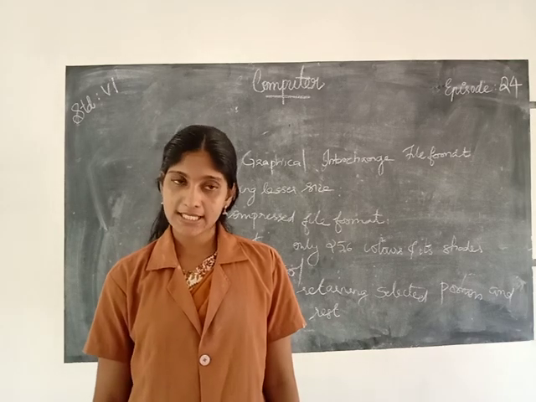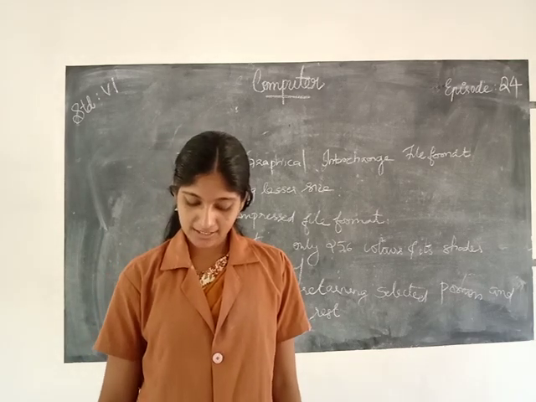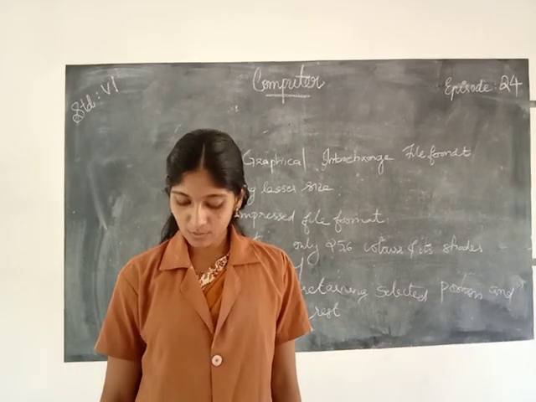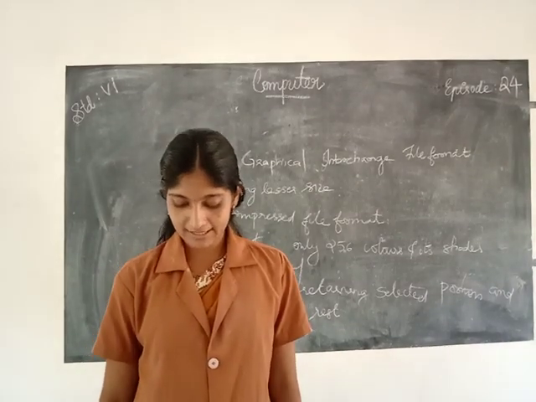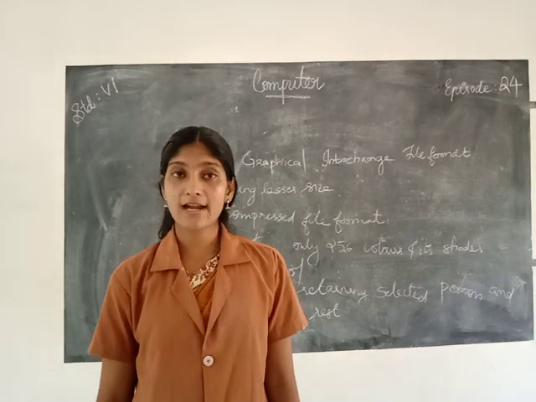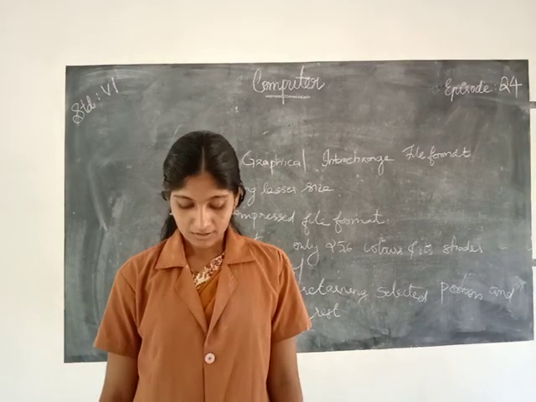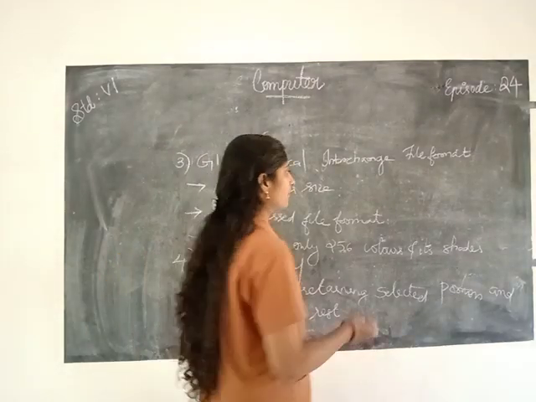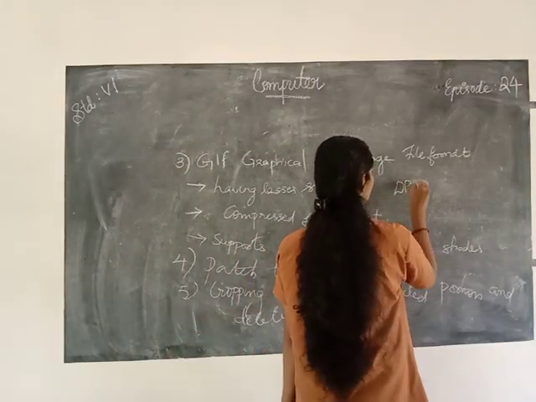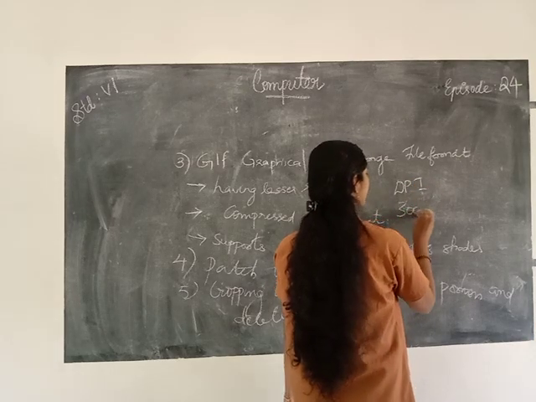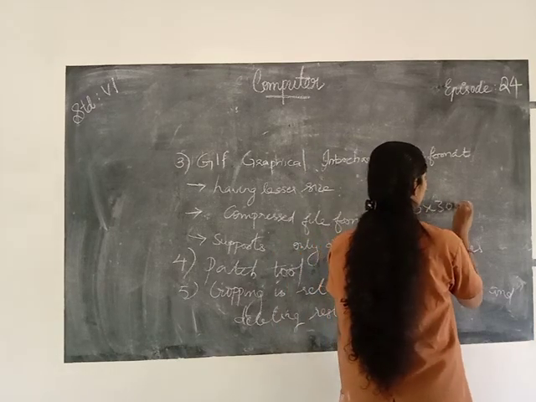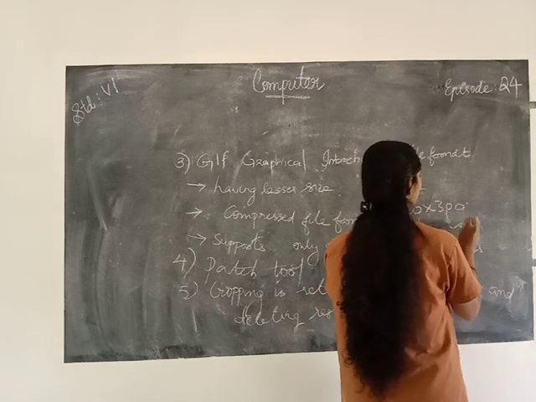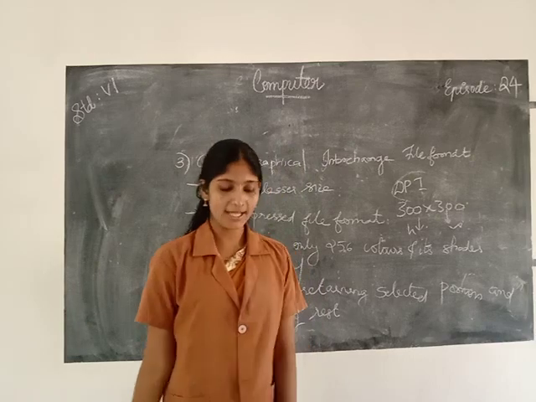For example, 300 PPI means 300 DPI means 300 dots horizontally and also 300 dots vertically. It means that a total of 300 by 300 in 1 square inch. That is displayed for a printout. That is DPI. 300 by 300 means 300 pixels horizontally and 300 pixels vertically, and it forms 300 by 300.